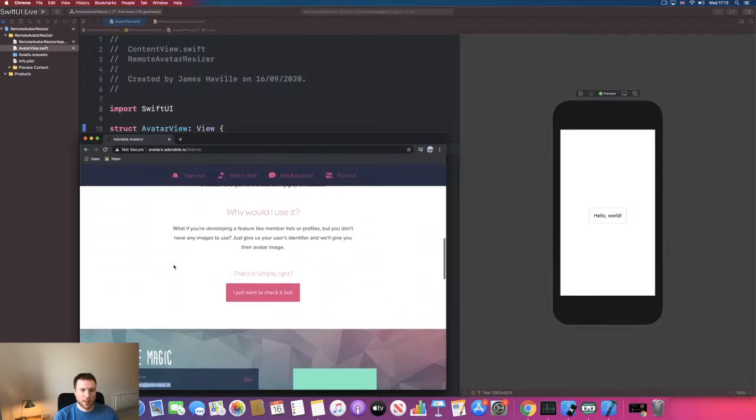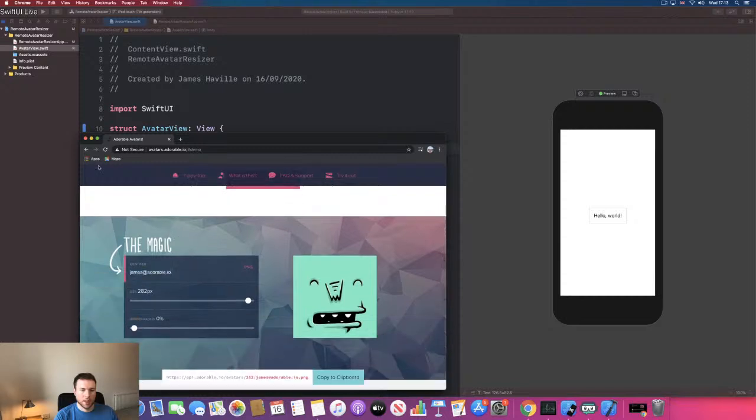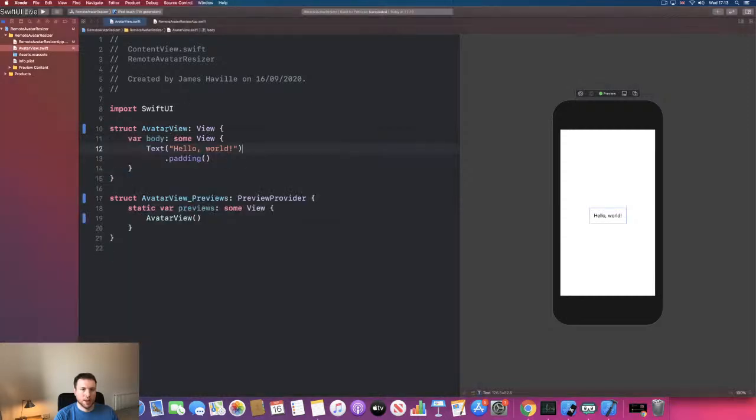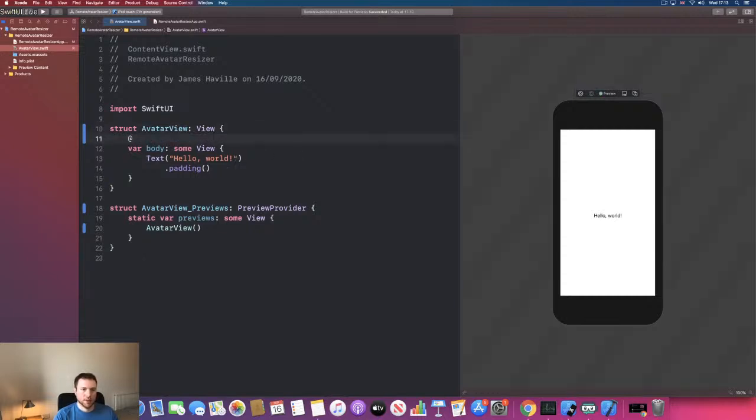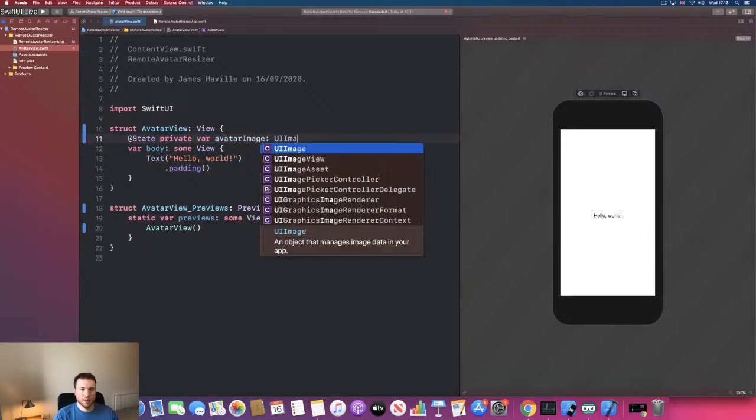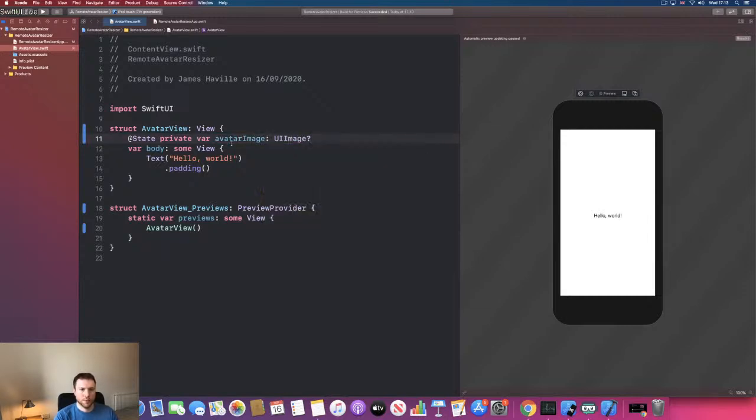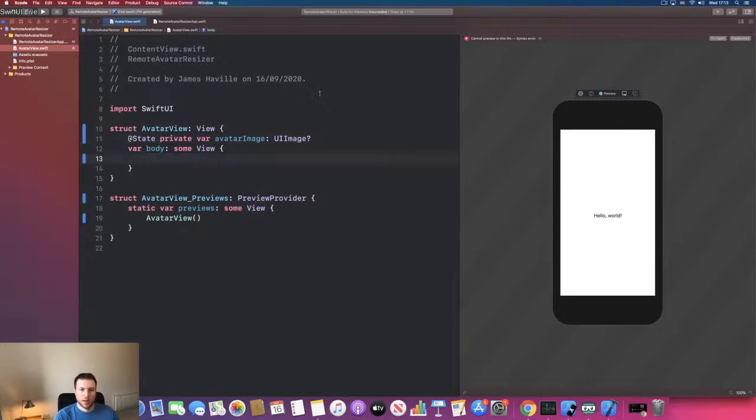So let's go ahead and jump right into it, and I've already set up a project here and I've just got a struct AvatarView. So the first thing we're going to do is define our image, or avatar image, and we're going to use an @State. We're not going to use any architecture here particularly. So this is going to be avatarImage, and this is going to be of type UIImage. Let's make it an optional,